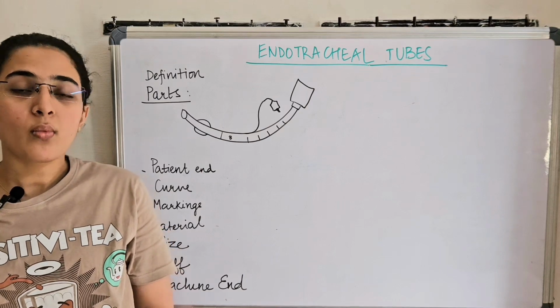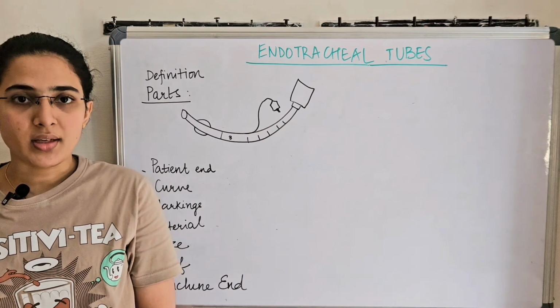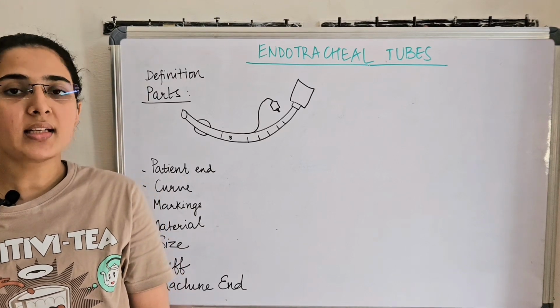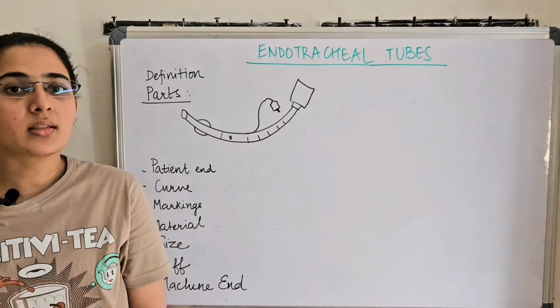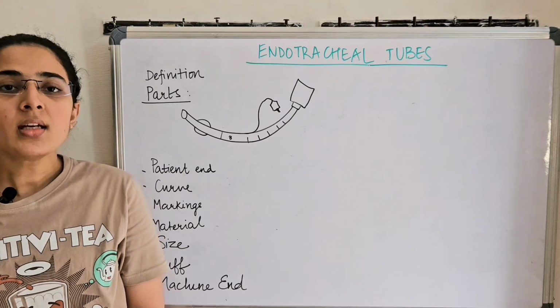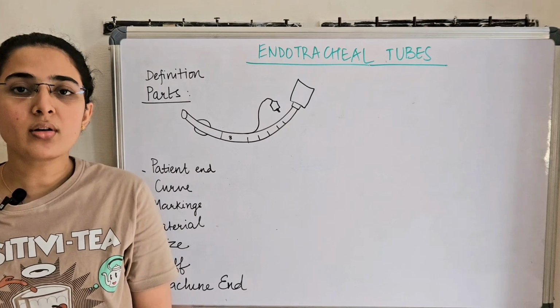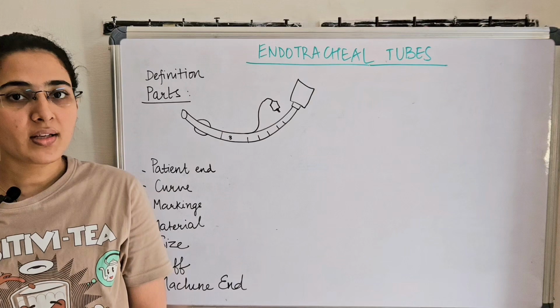So let's start with what is an endotracheal tube. An endotracheal tube is a device which is inserted through the larynx into the trachea for the delivery of gases and vapors into the lungs. It was William McEwen who first inserted a metal rod into the trachea and delivered chloroform for giving